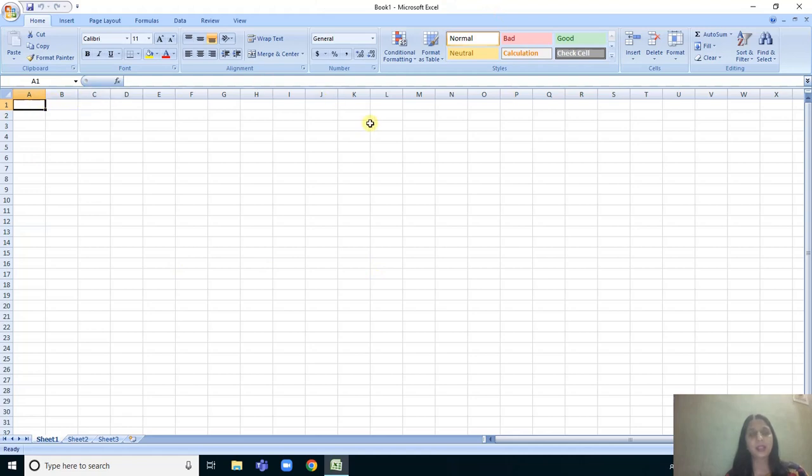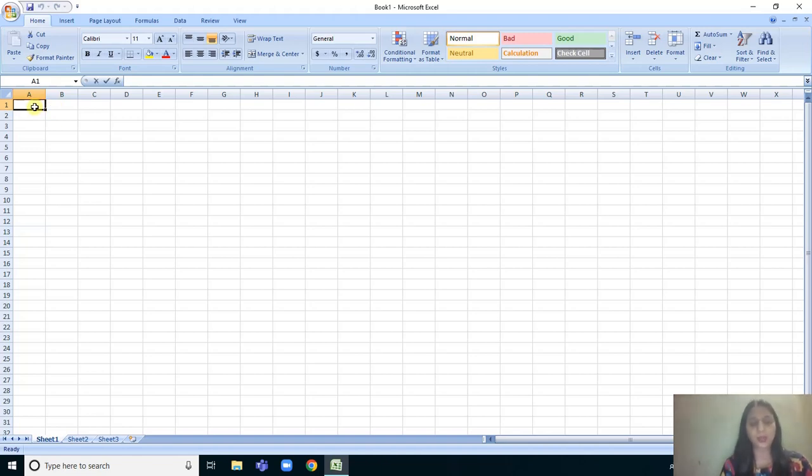This is the worksheet which is divided into rows and columns. All these verticals where A to Z letters are written are known as columns, and 1, 2, 3 going horizontally are known as rows. Numbers are rows and letters are columns. And this box is known as a cell. We do work in cells only.